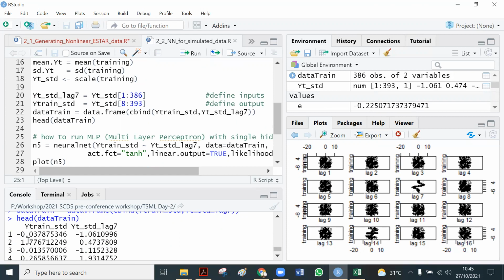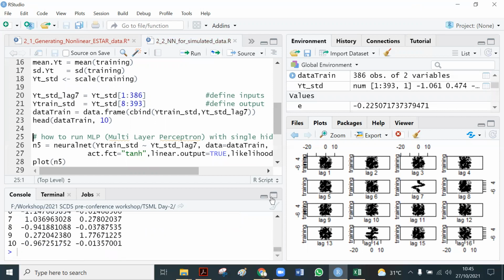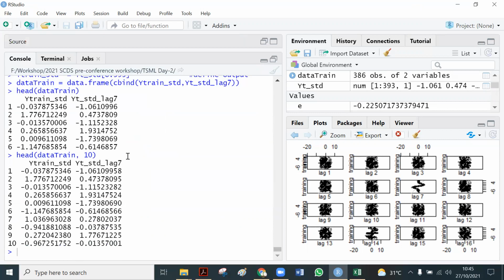If we check the head, in row 1, lag 7 should be here. This is the lag 7, and the value is the same as here.